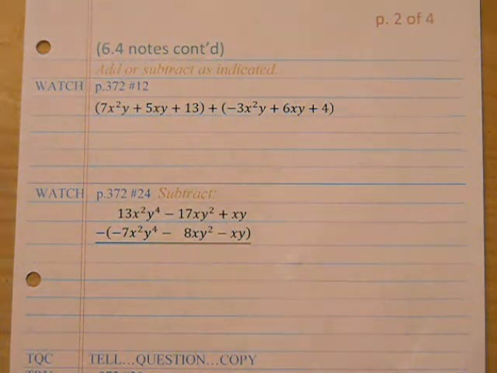Okay, continuing on in 6.4, we're going to start adding and subtracting the polynomials. Again, this section focuses on having several variables. So it's really nothing new in terms of mathematics. It's just getting used to having more than one variable in the process and really focusing on getting those like